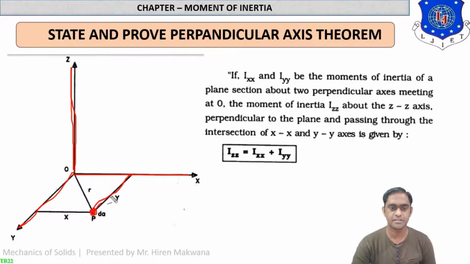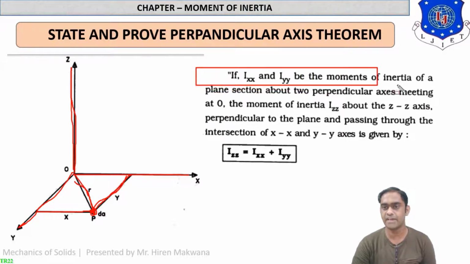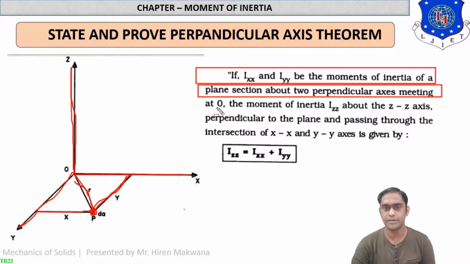Y is the perpendicular distance from the x-axis, x is the perpendicular distance from the y-axis, and r is the distance from the origin. You can see r is the distance also from the z-axis. Now what does the statement give? If Ixx and Iyy are the moments of inertia of a plane section about two perpendicular axes meeting at the origin, means Ixx and Iyy are moments of inertia about two orthogonal axes, then Izz about the zz axis perpendicular to the plane and passing through the intersection of the xx and yy axes is given by Izz equal to Ixx plus